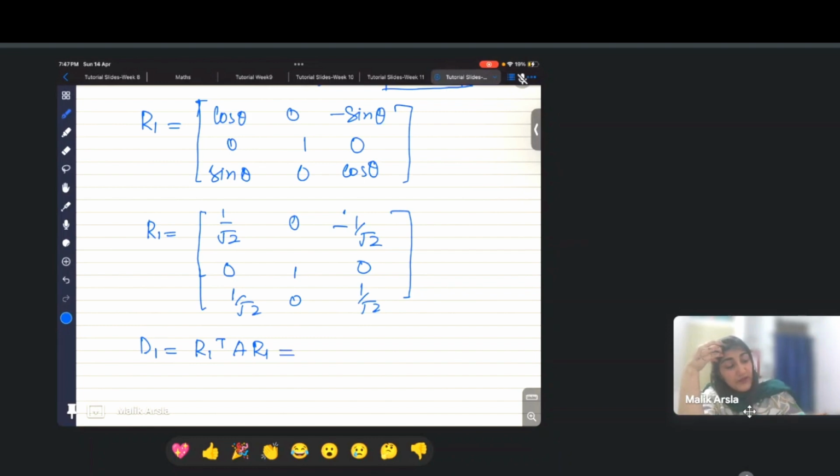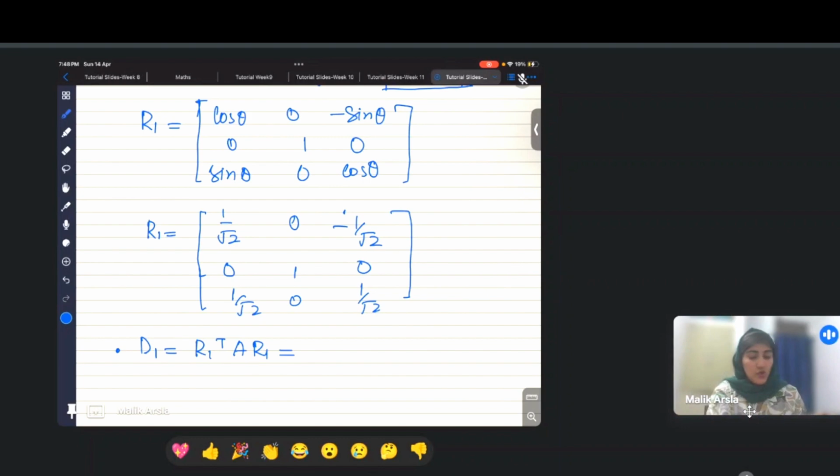Can you quickly tell me what this value is coming out to be, if you have done it already? If not, then try to do it now. Actually, this question was explained in the lecture itself. But for finding the rotation matrix, they give some other algorithm directly, giving cos theta and sin theta instead of finding theta. I know that other method. Fine, if the answer is coming the same, then it's fine.